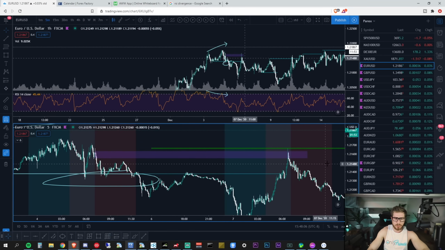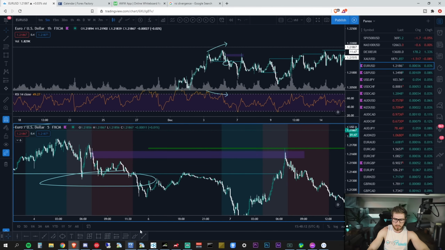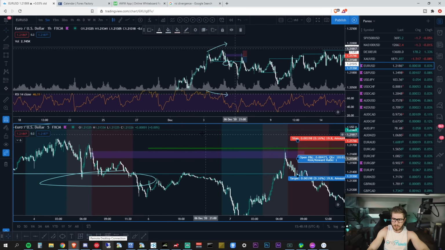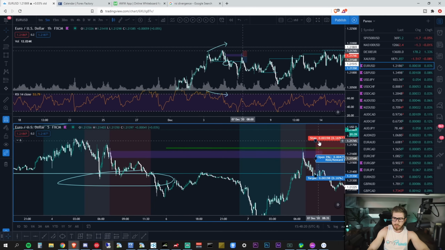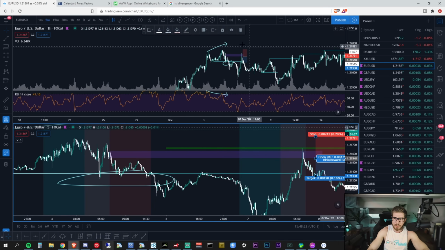So what I would do is wait until it comes up to this area, and then wait to see that it's actually confirming that it's breaking back down, right? So we're showing that this candle is actually closing back down. We're seeing weakness in the market once again, right at that level that we want to see. And then we're going to place our stop just above there, which is the previous point of the RSI.